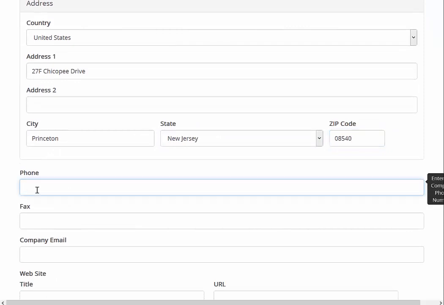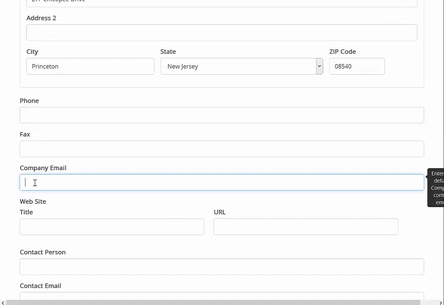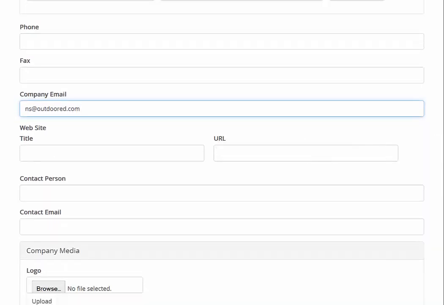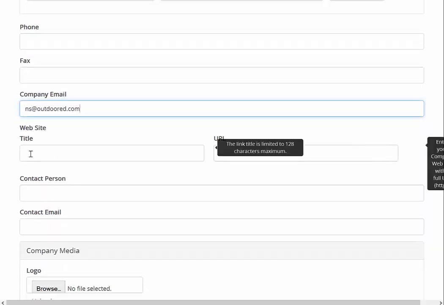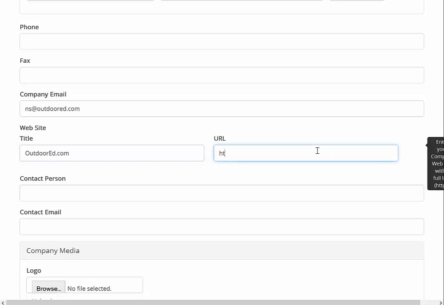And if I choose to enter a phone, I can enter a phone and a fax, company email, and then I need to enter my website. So in terms of the website, I want to put a title in because that will be what's shown on the section where the website is rather than showing the link. So I'll just go ahead and put OutdoorEd.com